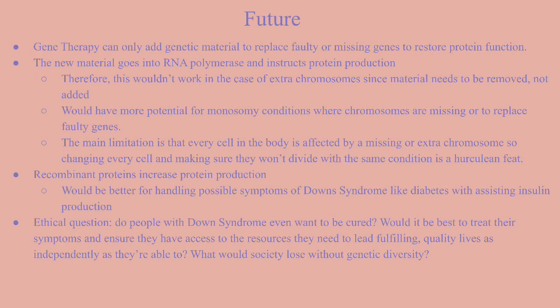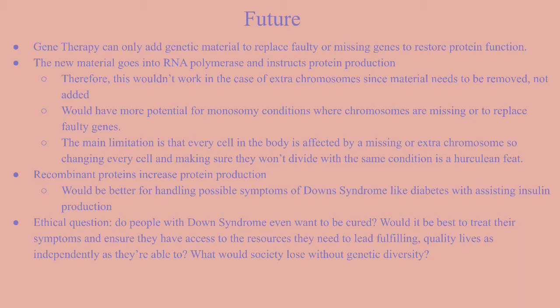In terms of future treatment, gene therapy can only add genetic material to replace faulty or missing genes to restore protein function. The new material goes into RNA polymerase and instructs protein production. Therefore, this wouldn't work in the case of extra chromosomes, since material would need to be removed, not added. It would have a better potential for monosomy conditions in which the chromosomes are either missing or to replace faulty